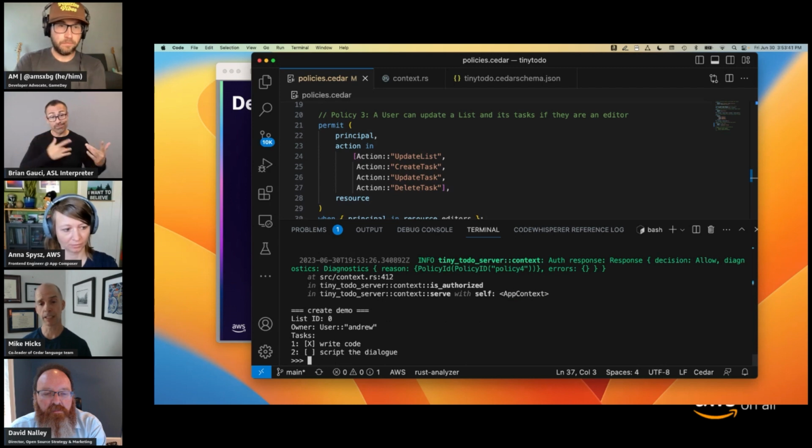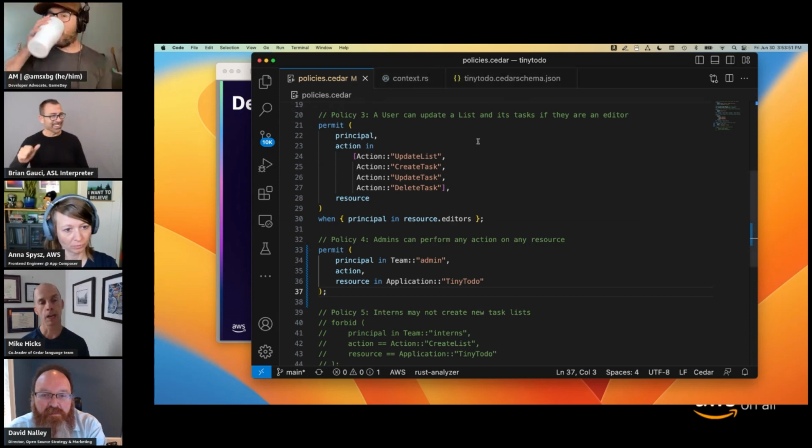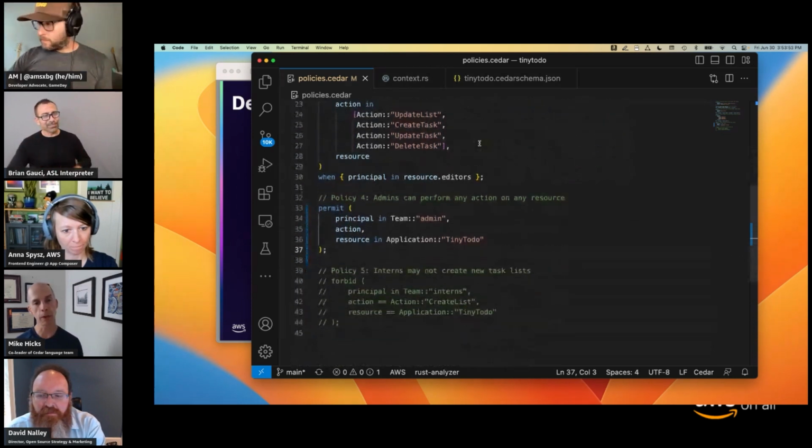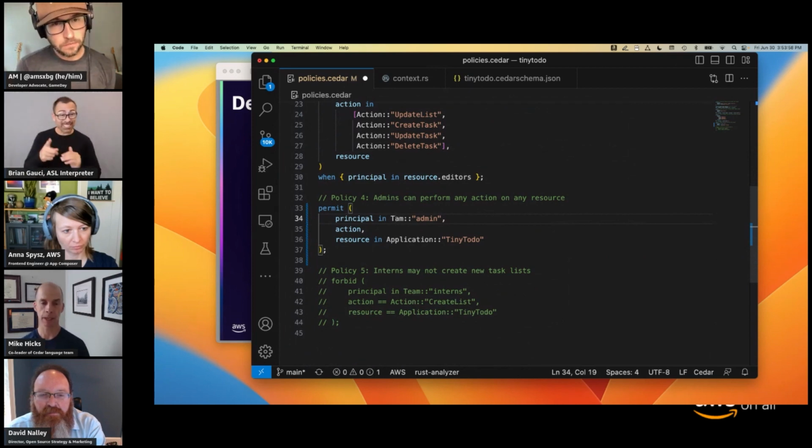If we have time, the last thing I want to show you, if possible, is how we can use policy validation to make sure that your policies don't have mistakes in them. Yeah, let's check it out. All right. So what if when I was adding this policy here, I had made a mistake? What if I mistyped team as TAM?